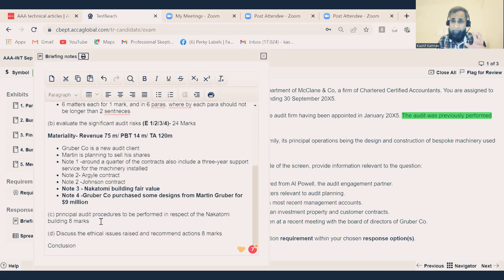But I will keep a strong focus on answering audit risk in the second part of day 2, and on procedures, because procedures are extremely important. And I will be sharing the examiner insights with you and the marking scheme for audit risk. How many marks do you get per audit risk? What are the marks for materiality? If you find a calculation, do you get extra marks for that? If you find a percentage increase or decrease, do you get extra marks for that?